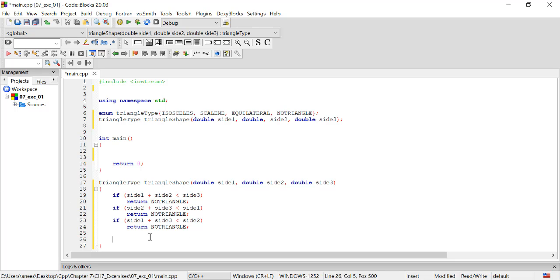So here we're going to write if side 1 is equal to side 2, or side 1 is equal to side 3, or side 2 is equal to side 3,